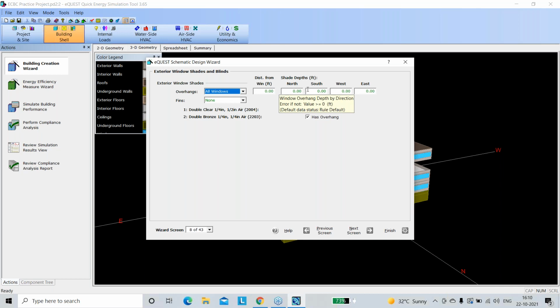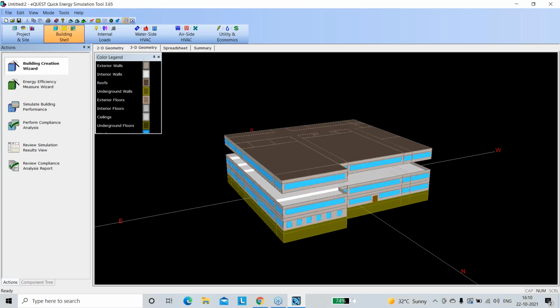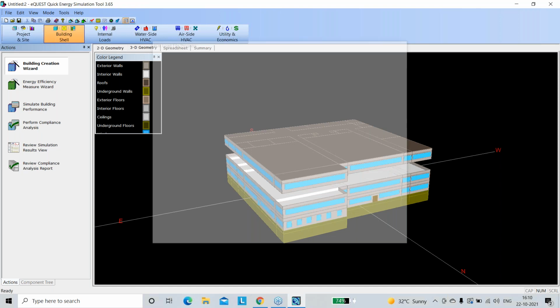All windows should have shading, and then you can apply the distances in feet. Shadow depth, I would say 2 feet, I think the 0.5. Okay. So I'm just saying that all my windows will have overhangs, and then if I again do finish,